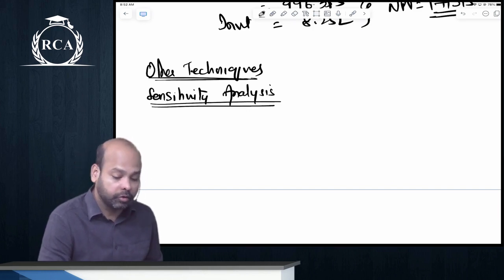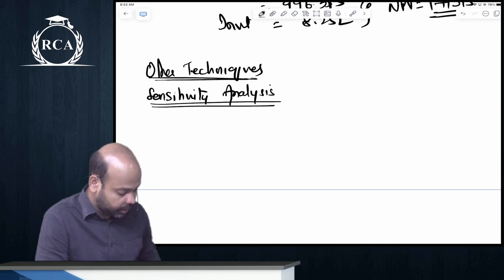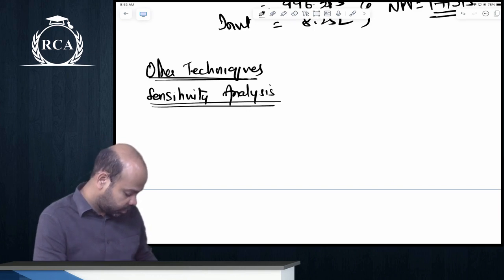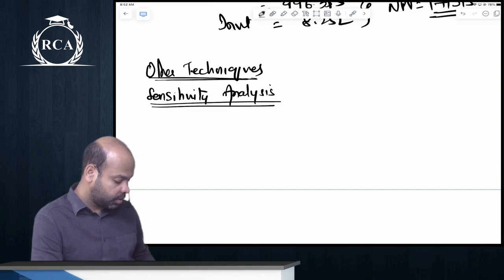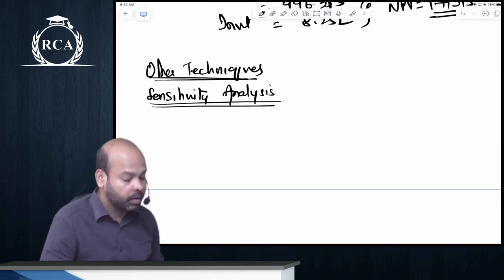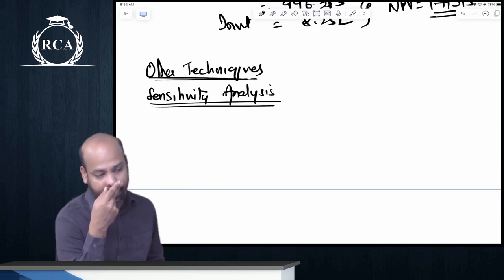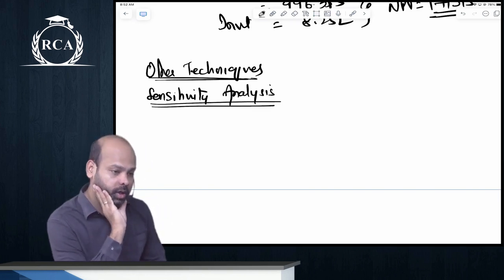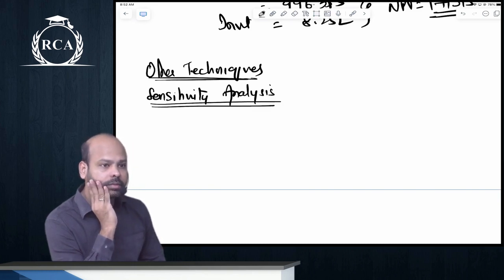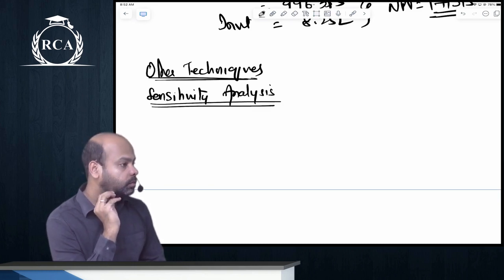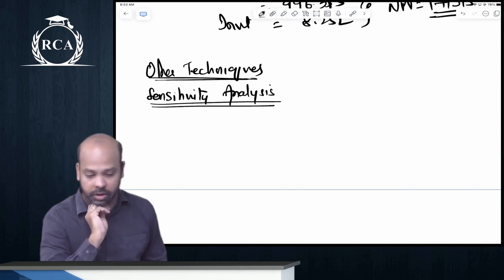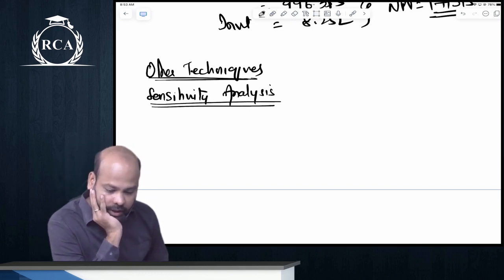Any of these variables can change on a later date. Sensitivity analysis measures